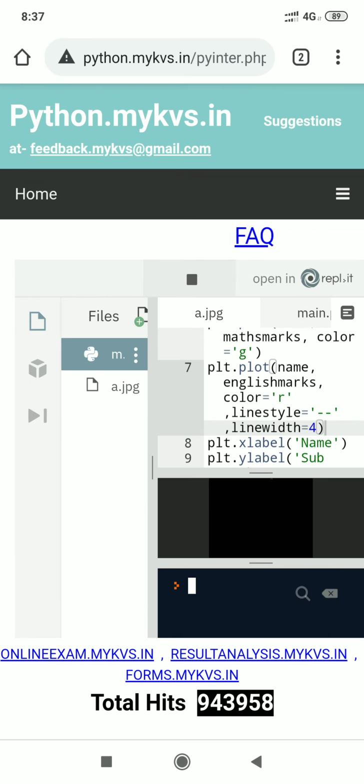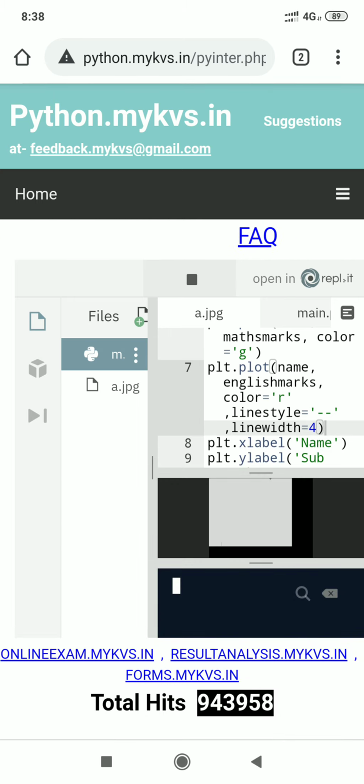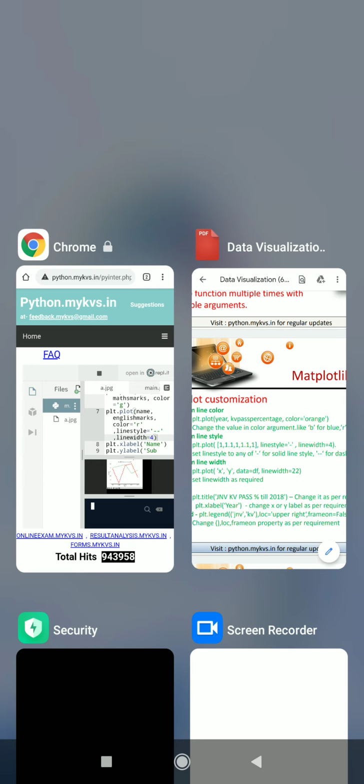Now I execute the program, and its width will be changed. Now students, you are finding that for English marks the line color is red, line style is dashed, and line width is 4. So this is also possible.